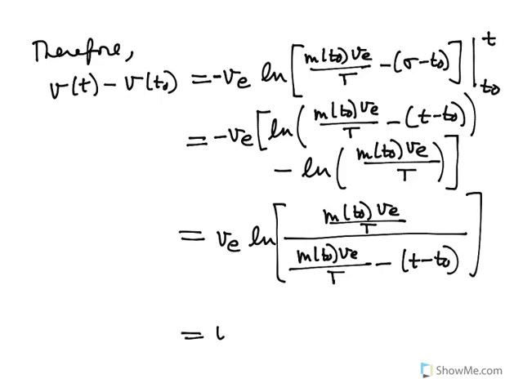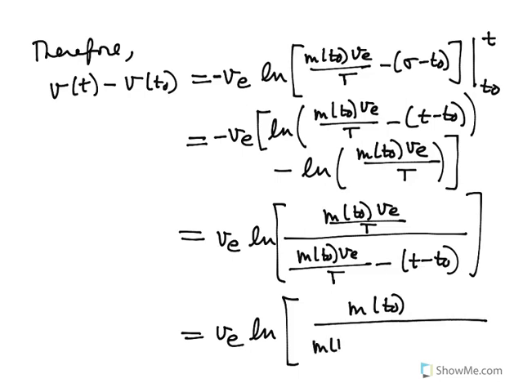And this is equal to VE times, now I'm going to multiply back numerator and denominator by t over VE, and I get the natural log of m of t0 all divided by m of t0 minus t over VE